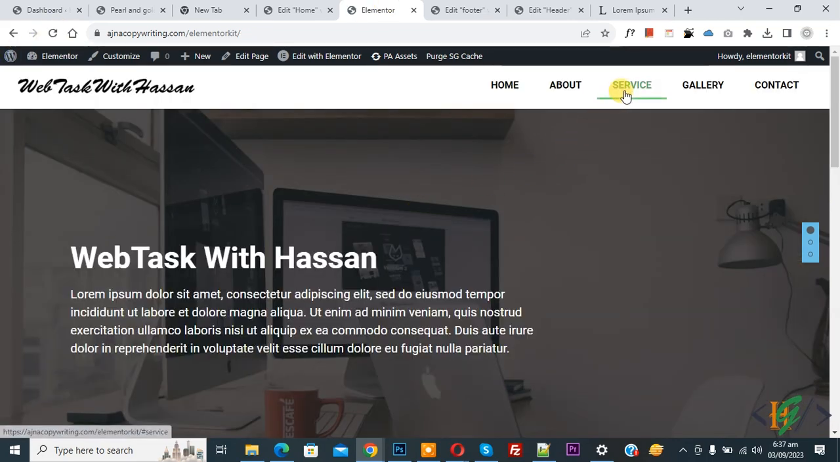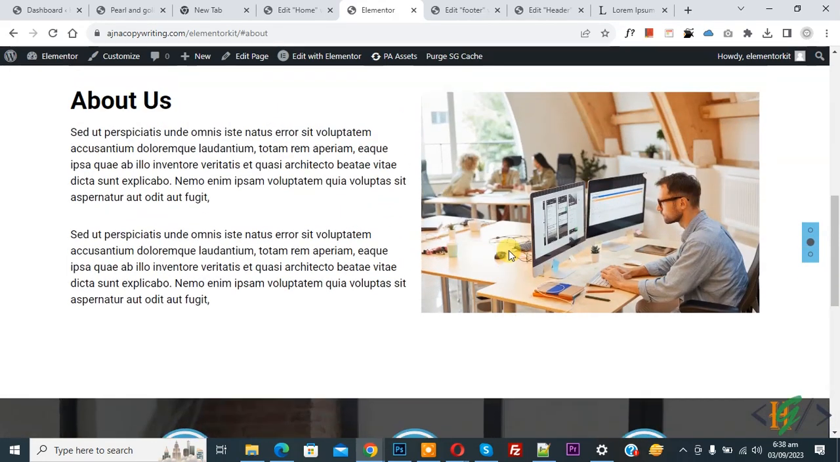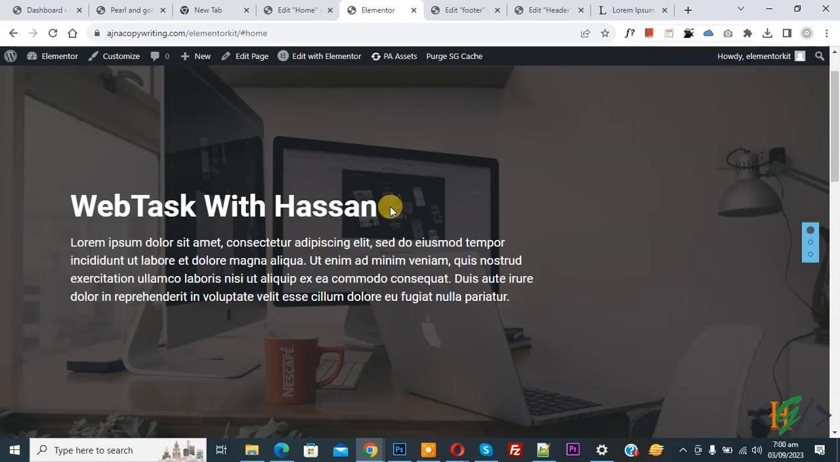Now click on service section. Now you see it goes to the service section when we click on the menu. Now scroll up. Now you see smooth scrolling. Also, we will customize this section at the end of the completion of the page in the vertical scroll widget. So we are done with the home page, about section, and service section, and then we are going to create the gallery section and